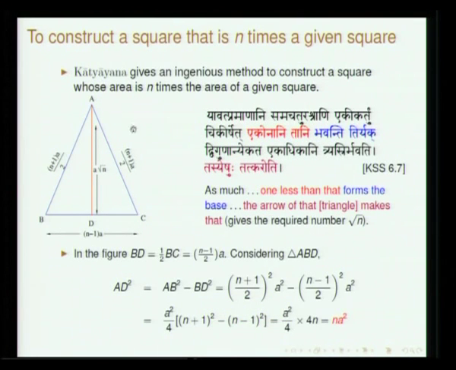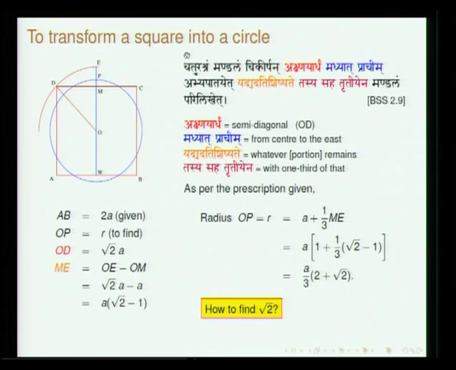Yesterday I was mentioning that the Shulva theorem or Bodhayana theorem, which is generally referred to as the Pythagorean theorem, is what is under operation. In all these transformations, whether you want to sum it up or find the difference, the underlying principle happens to be the Bodhayana theorem. Now, we move on to